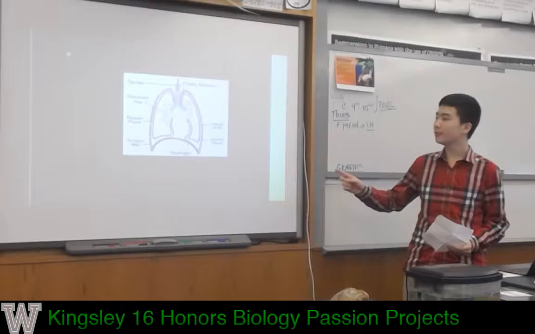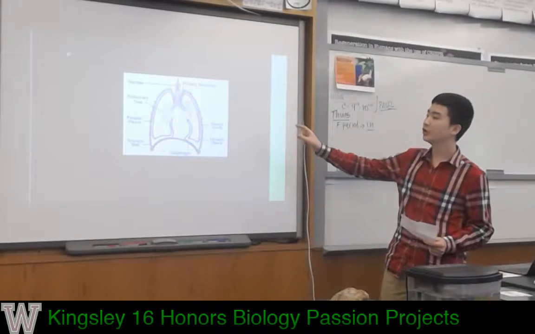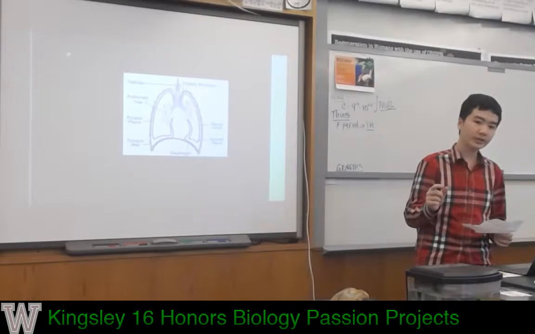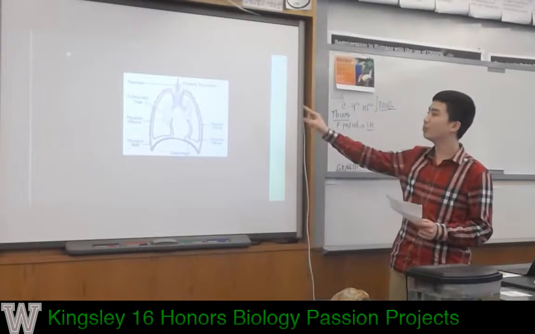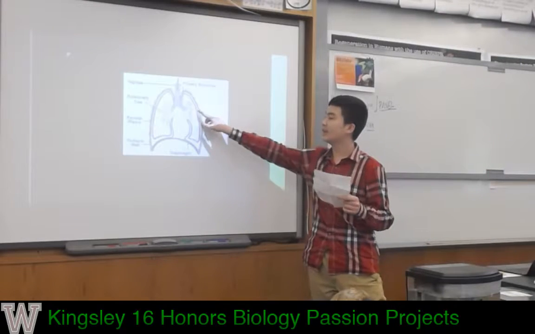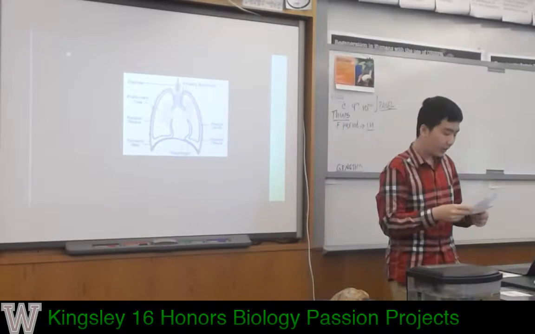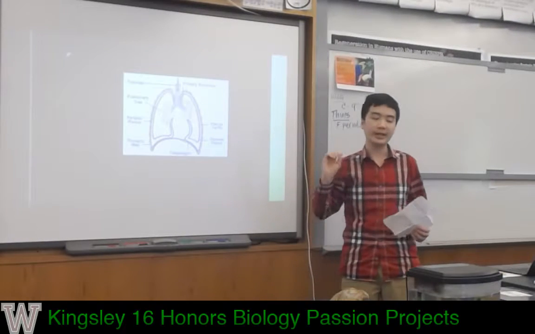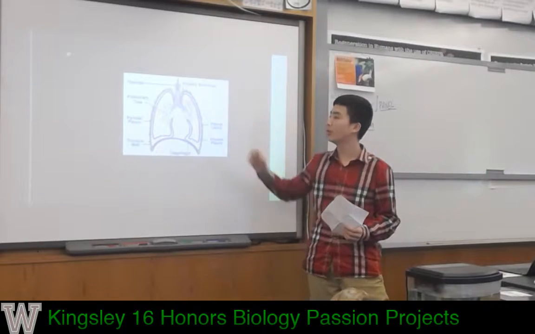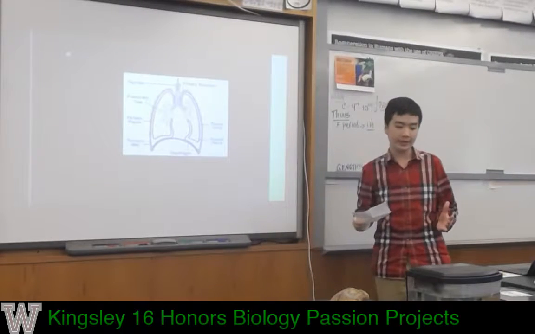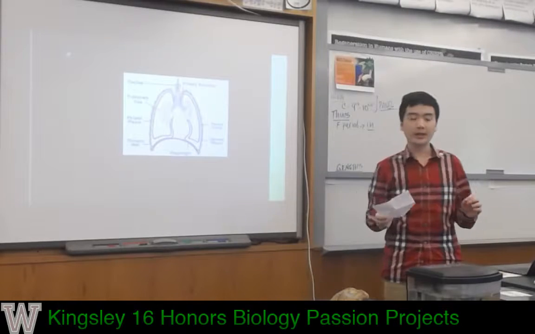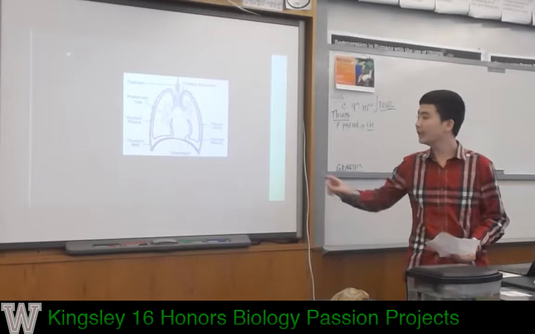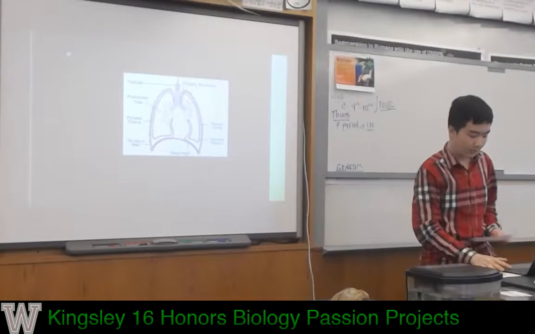Then I searched for some information about the different parts of the lung. For this part, check here. It is actually an organ that connects the larynx and pharynx to the lung. The primary bronchus is like the highway that allows oxygen to be taken into the lung, and when the carbon dioxide is expelled, it also goes through this primary bronchus. And the pulmonary tree is actually the veins that transfer the oxygenated blood to the left of your heart. So that is basically what the lung is in this picture.